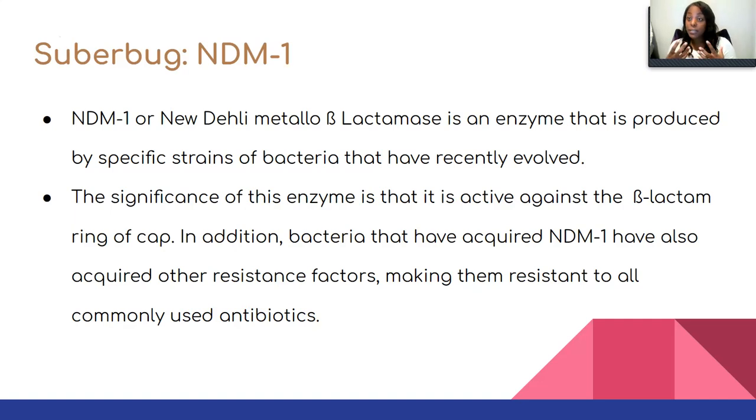And if they produce that enzyme that is effective against the antibiotic, then the antibiotic is not considered a drug of treatment that you can use, and you'll have to go either up a level if there is, or you'll have to find an alternative treatment. Unfortunately, for this type of bacteria, as we'll discuss, it's a carbapenemase producing enzyme, and there is no antibiotic of treatment above that. So the significance of this enzyme is that it's active against the beta-lactam ring. In addition, the bacteria have acquired NDM-1 and have also acquired the resistance factors, making them resistant to all commonly used antibiotics, which is what